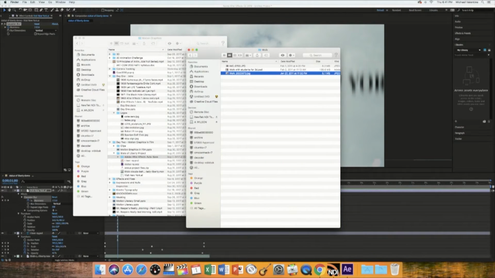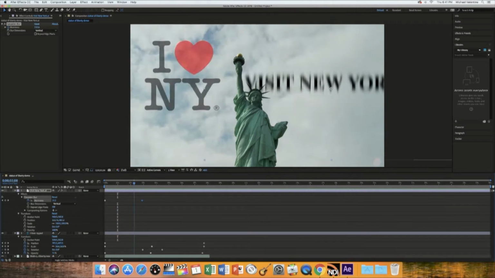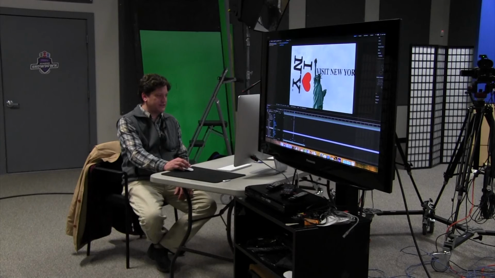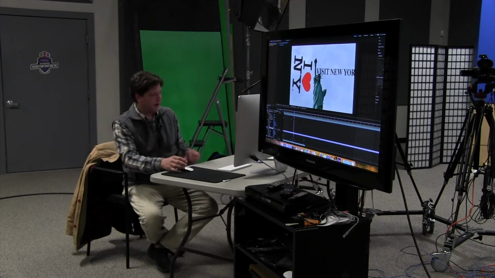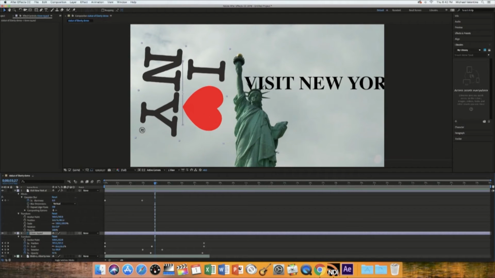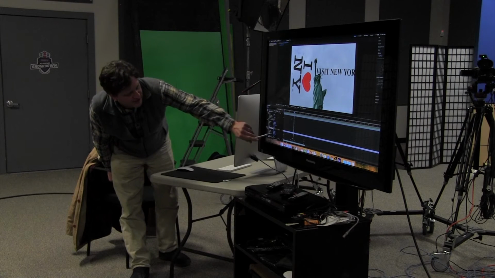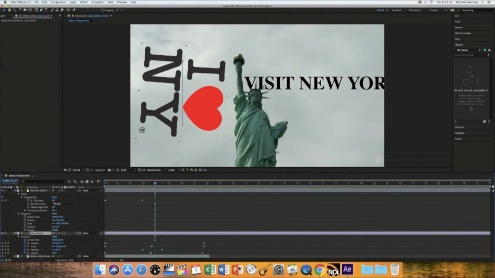Well, what I did with this, and sort of describe how this is a two-dimensional program in a 3D world, is that if you remember down here inside of After Effects, for instance, this I Love New York piece right here is a two-dimensional layer. I only have X, Y position. I can either move it X or Y. But if I click this tiny little box right here, which you can see these are all the switches for different layers, this one on the far right converts it to a 3D layer. So if I click this box right here,